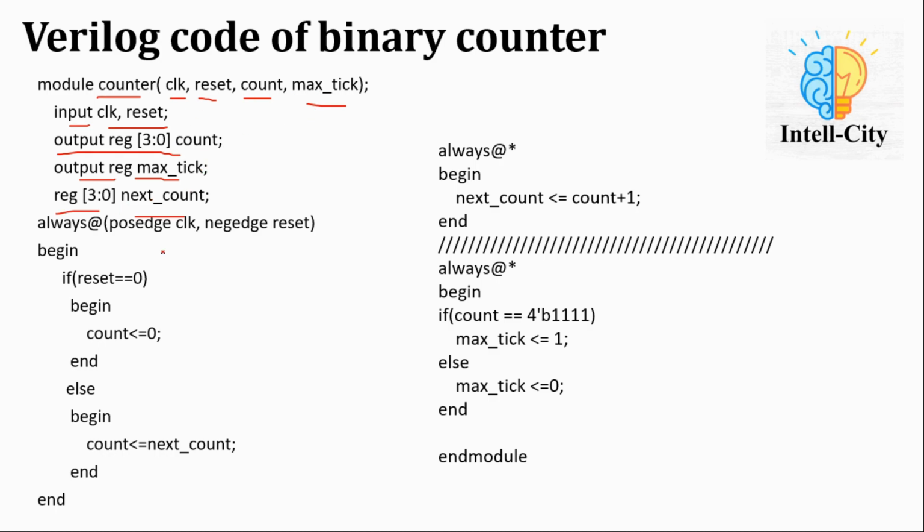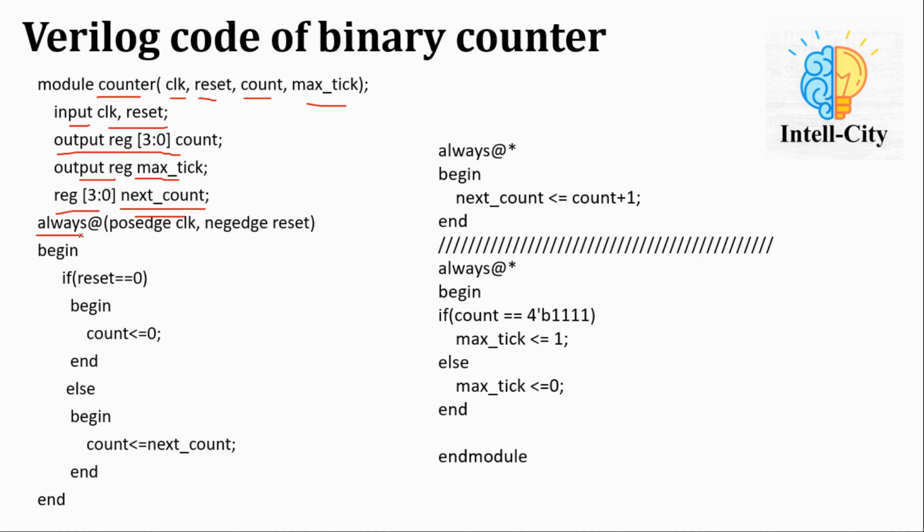As I have mentioned, we are going to write the code in a partitioned manner, where the sequential logic code is separated from the combinational logic code in blocks like the current state block, then the next state logic block, and then the output block. In that methodology we will need that next count signal. So let's see how we can use this.